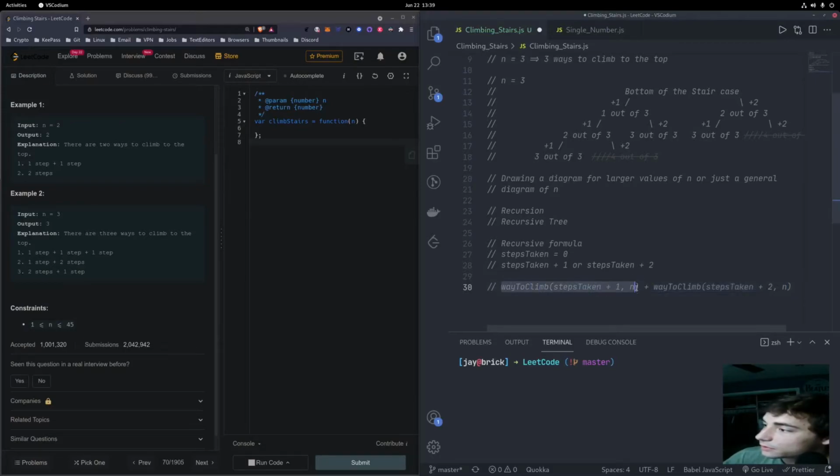So when we call this function over here and we pass in steps taken + 1, this is going to handle the case when we're taking 1 step along the tree. But we also have a scenario where we could take 2 steps, like over here, if we just take 2 steps from the beginning, right off the bat, or if we took 2 steps after we took 1 step. So this is a way to summarize